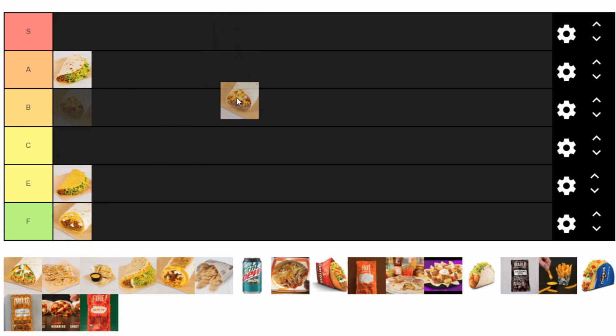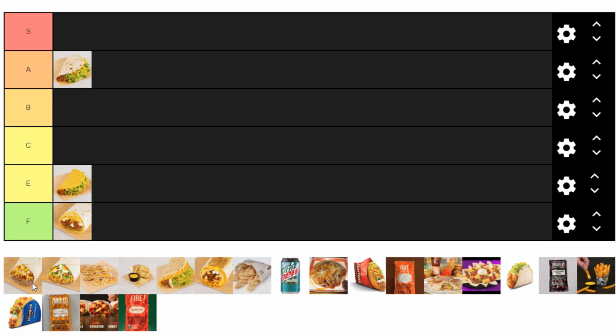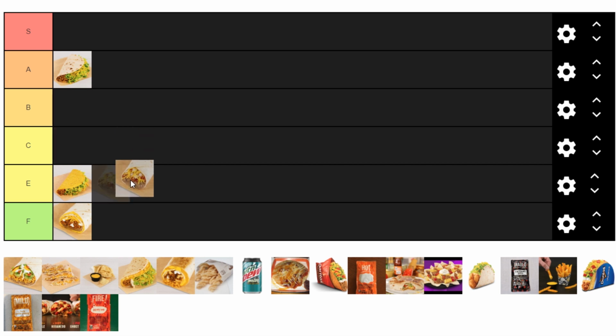Next we have the bean burrito. This is a classic. Can't really put it too low, but it isn't big on flavor. I know in this picture you can see they have some cheese and stuff. I don't know. It never looks like this when you get it. It's always just a bunch of beans. So I'm gonna have to put that